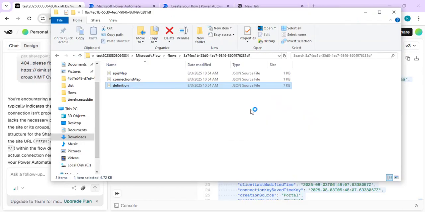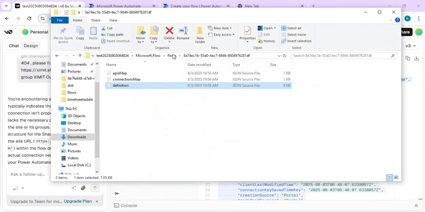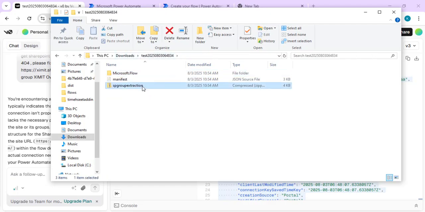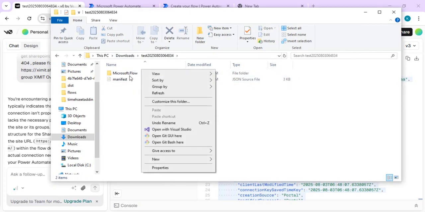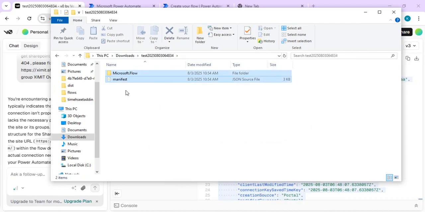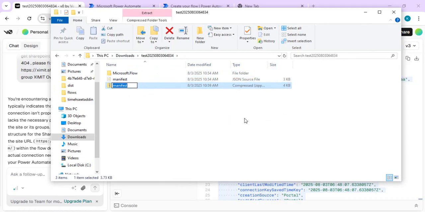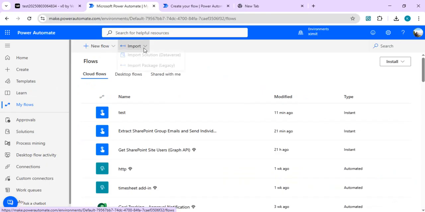You need not do the entire zipping again, so you just place this, go back, delete this earlier zip, and then again select both folders, send to zip, and name it as something so that you can import the zip. I'll again go back to my Power Automate. I will go over here and we will import,